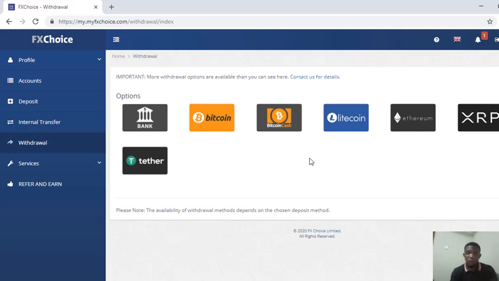But since I deposited using Bitcoin, definitely I'm going to withdraw using Bitcoin. You are going to withdraw with the means you made your deposit. So quickly I'm going to click on Bitcoin here.